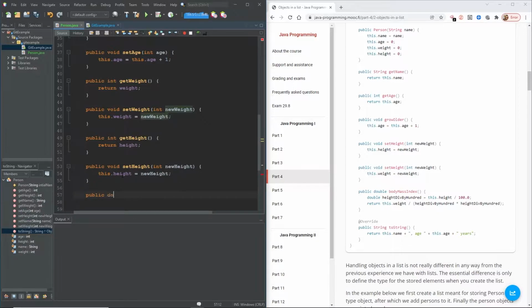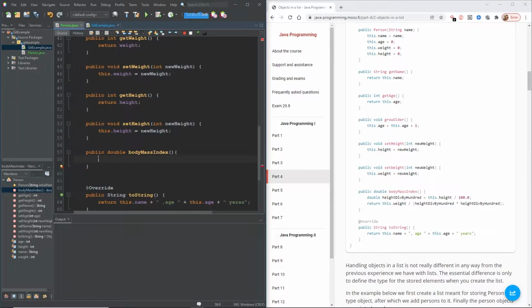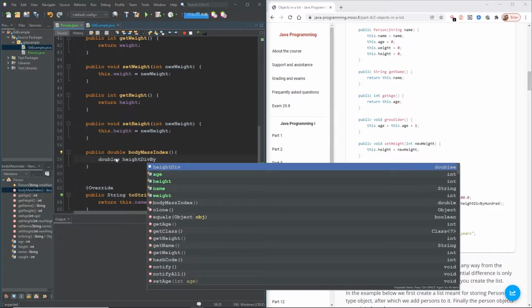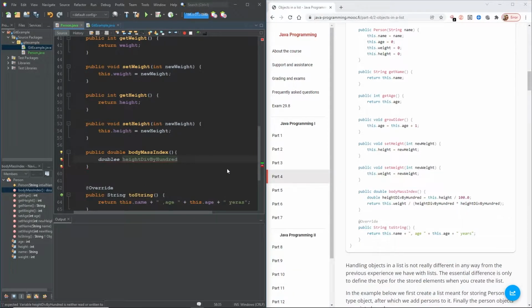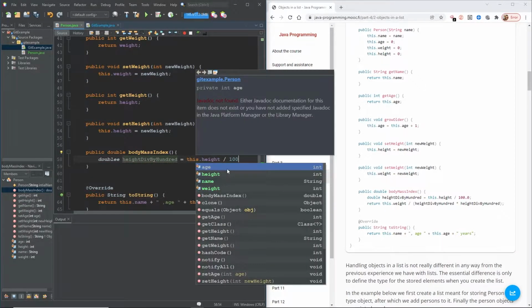So public double. Because instead of putting void in, we've got double, that means that this method will need to return a value of type double. So we created our basic method signature here, and then we've got this error saying it needs a return statement. So we can do double height div by 100 is equal to this dot height divided by 100,